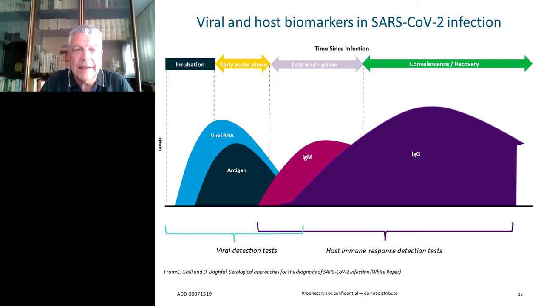What about then the sequence of the appearance of biomarkers? We have seen that before in another slide. This is more schematic. It's divided for convenience in incubation, early acute, late acute, and convalescence. The sequence should be as such: viral RNA, viral antigen, if feasible, okay, a little less sensitive. Then usually you have the IgM response and then the IgG response.